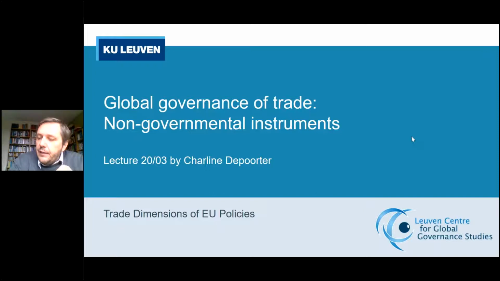trade and global value chains, and had attention for the OECD guidelines on multinational enterprises, the ILO Declaration on Multinational Enterprises, and the United Nations Guiding Principles on Business and Human Rights. Today, we will focus on a third aspect, and here we leave the realm of what governments do, and